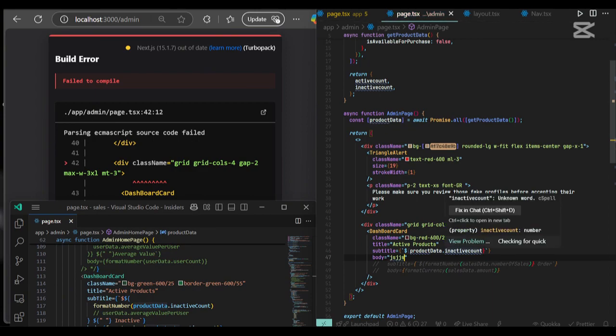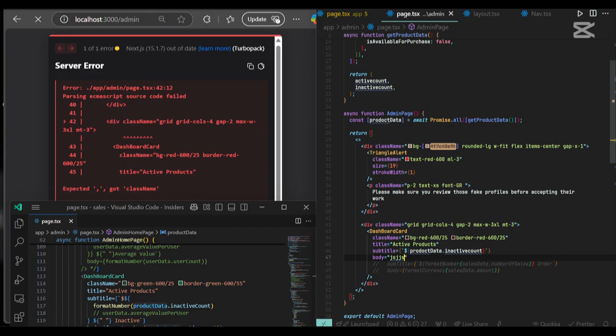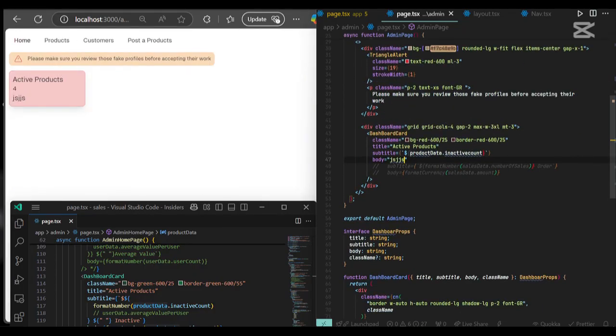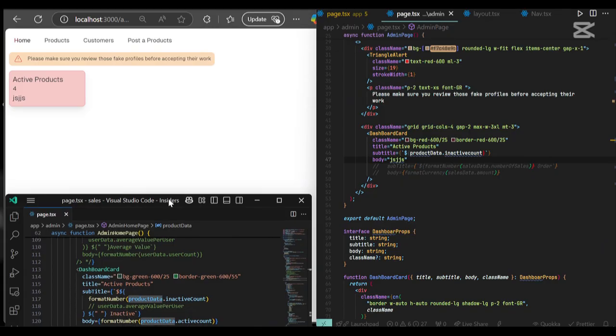Okay, so it's complaining about this. The TypeScript can be so, somehow. So it's kind of complaining about this. As you can see, we've got 4 products. Yeah, we've got 4 products because in our database, like I'm using the previous one, but I'm going to show you guys how to add your own data into your own database. So for now,